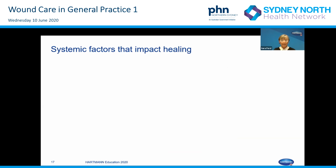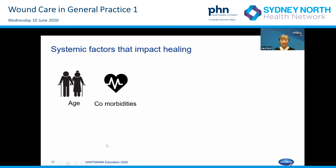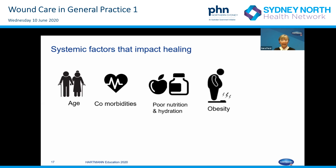Understanding what health conditions may be contributing to their wound not healing is essential. Some of these factors include age, comorbidities such as diabetes and peripheral vascular disease, poor nutrition and hydration, obesity, pain, depression and mental health conditions, poor mobility, a loss of sensation,